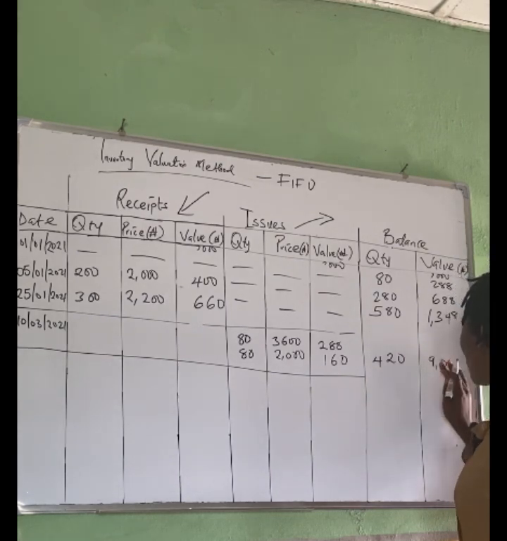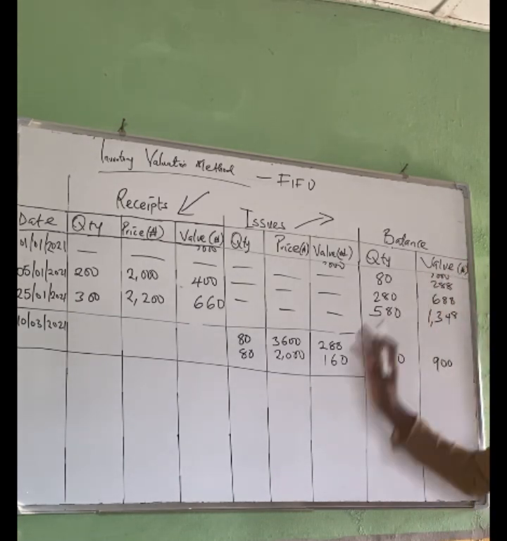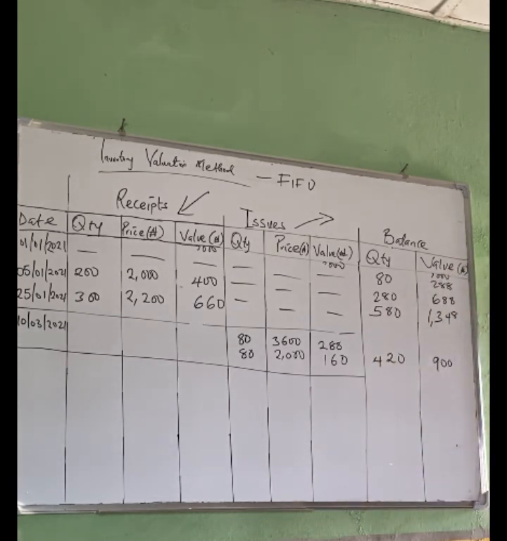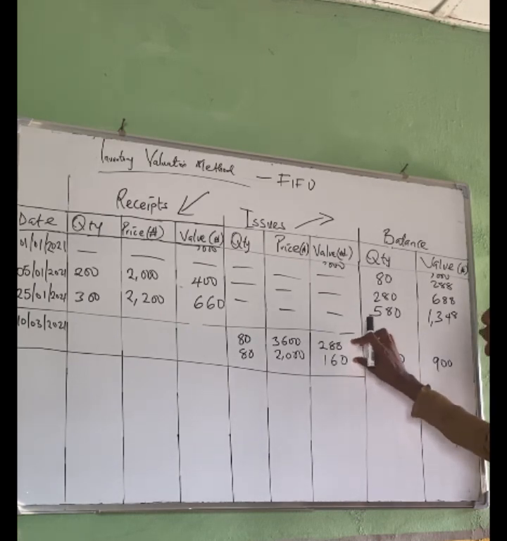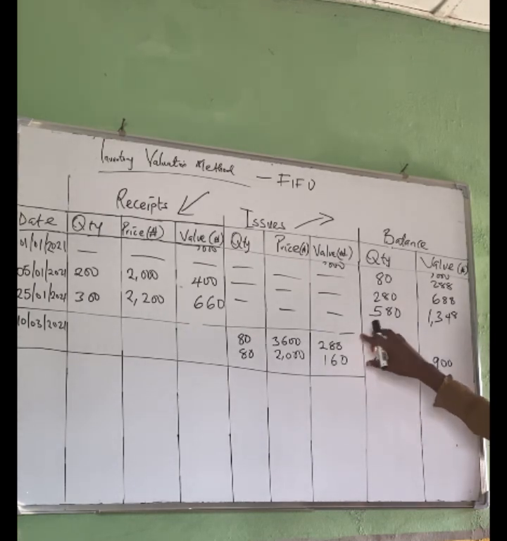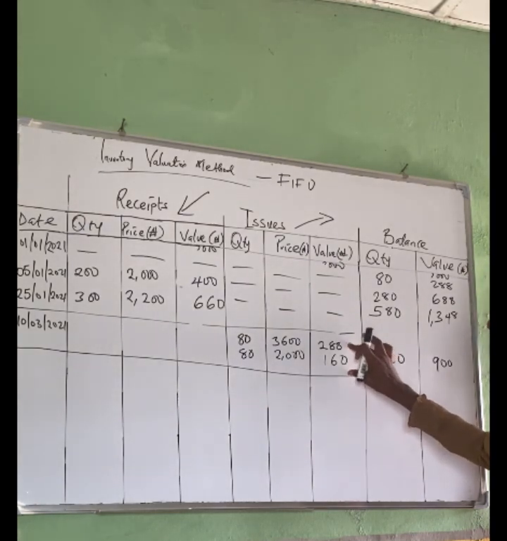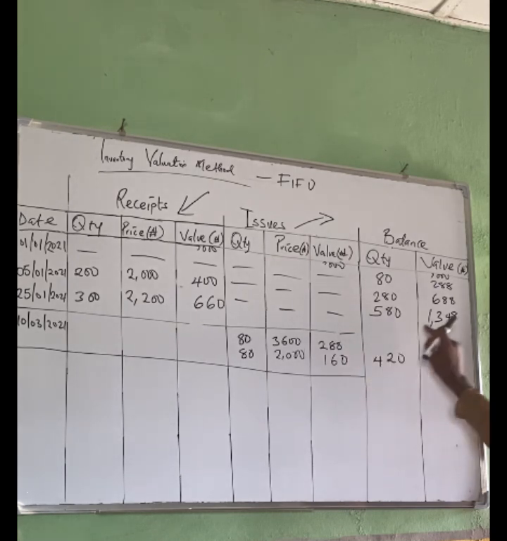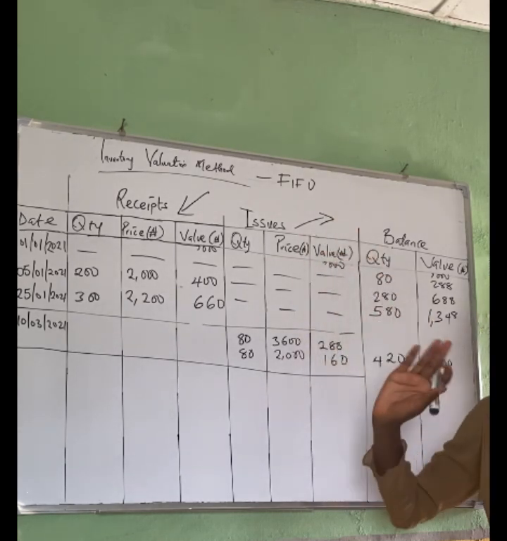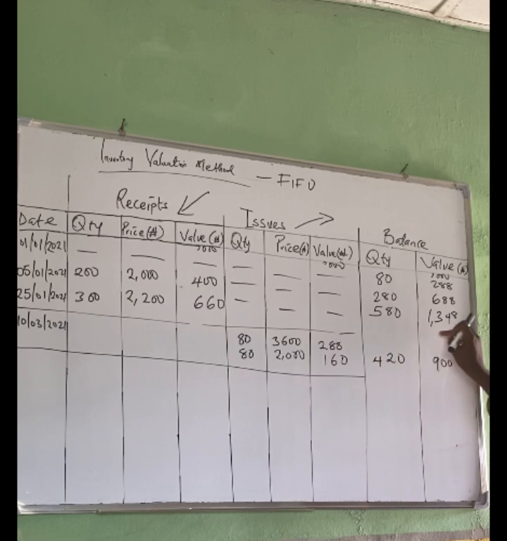All right, this is the next value. Now we are suspending three zeros, so we don't forget that. So we are having 900,000 as the value, after we have added, because we are having two separate values. So to get our value, we have to add these two up, which will be giving us 448,000. And then we deduct, because it's an issue, so it's going out, so we minus from